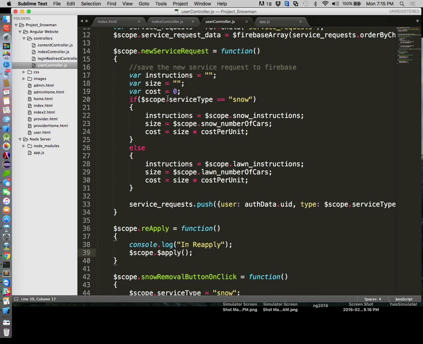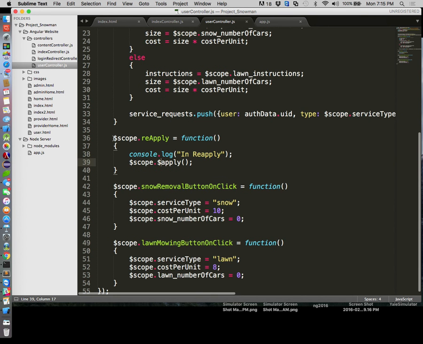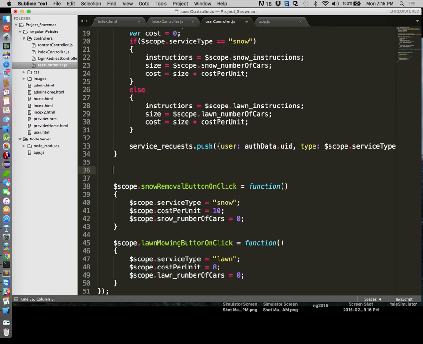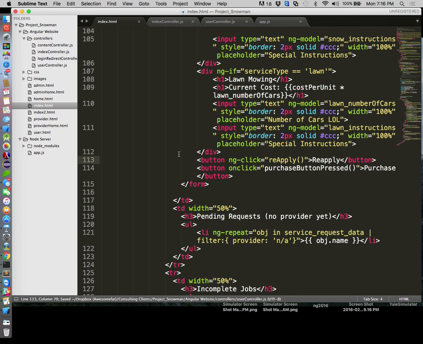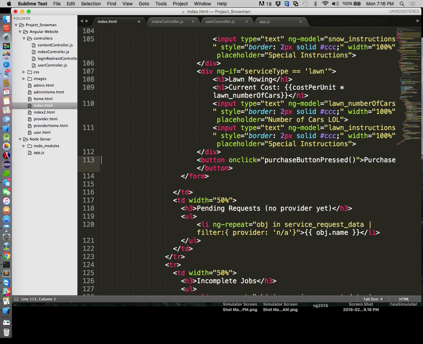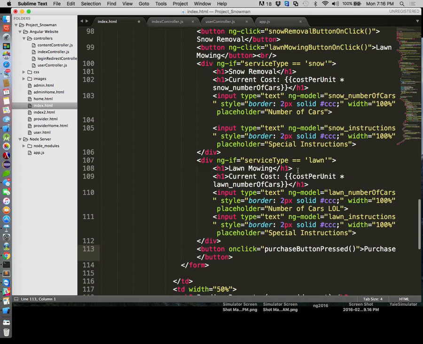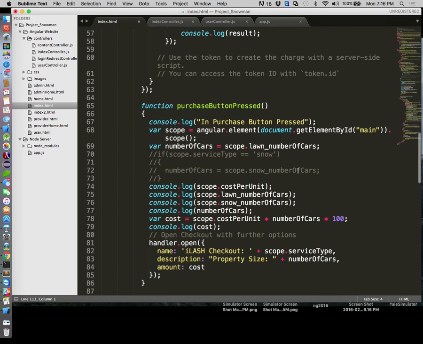Are we getting any of the information over here? So forget about this reapply thing. That appears to be a dead end. So I don't need that button anymore. The purchase guy gets me here, and I'm getting the scope, and that seems to be good. I can't call functions on it, which I guess makes some sense, because